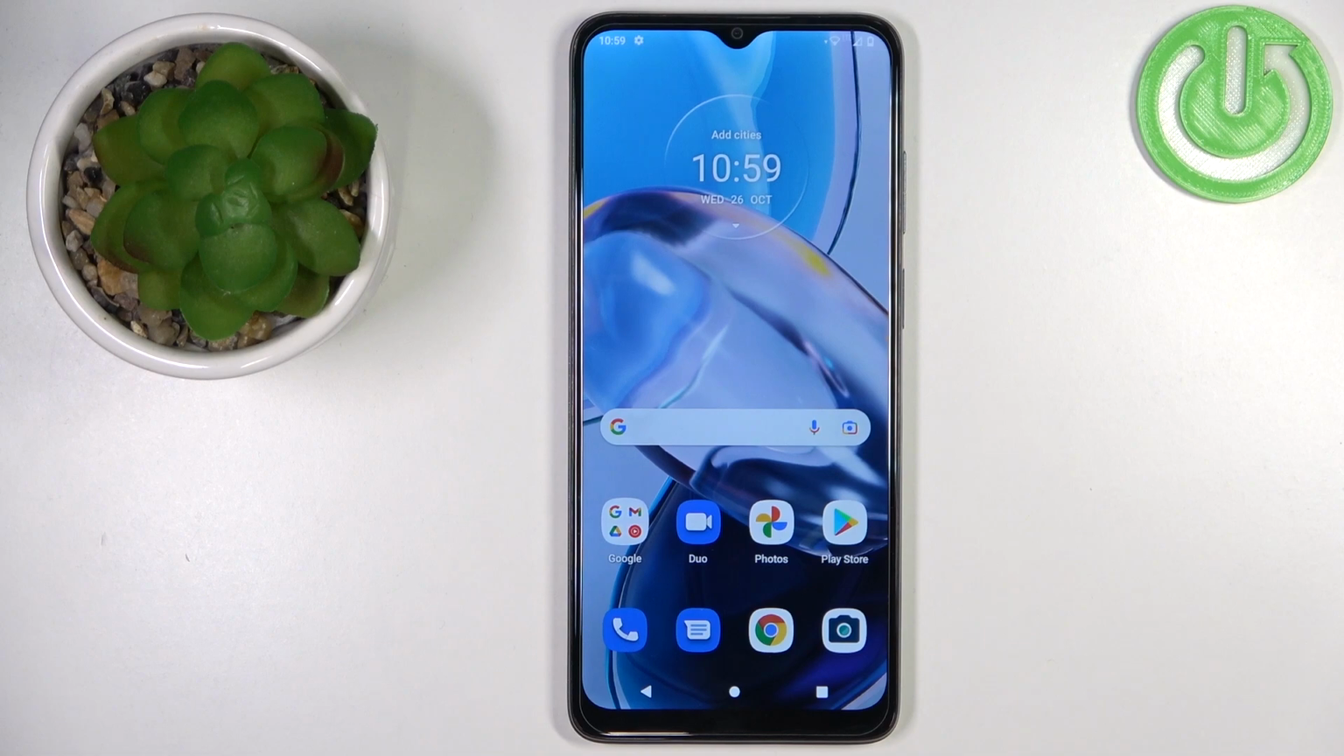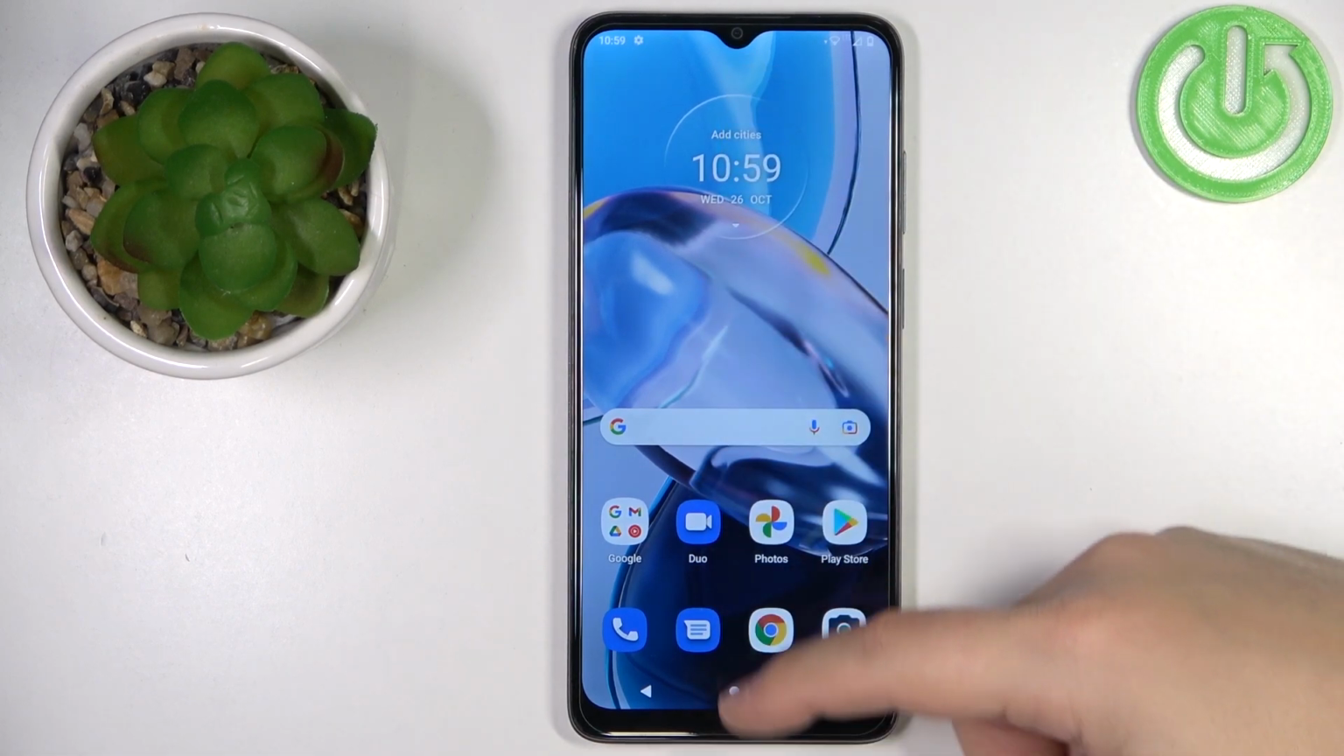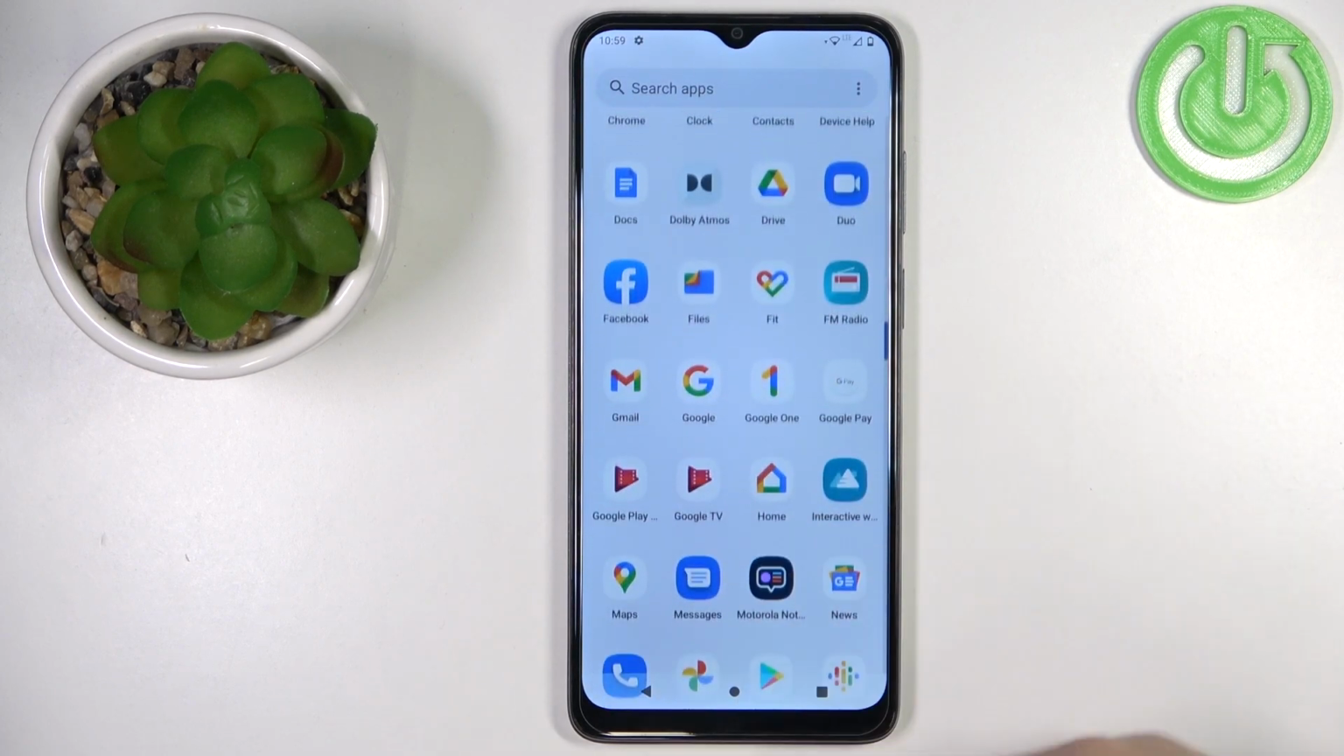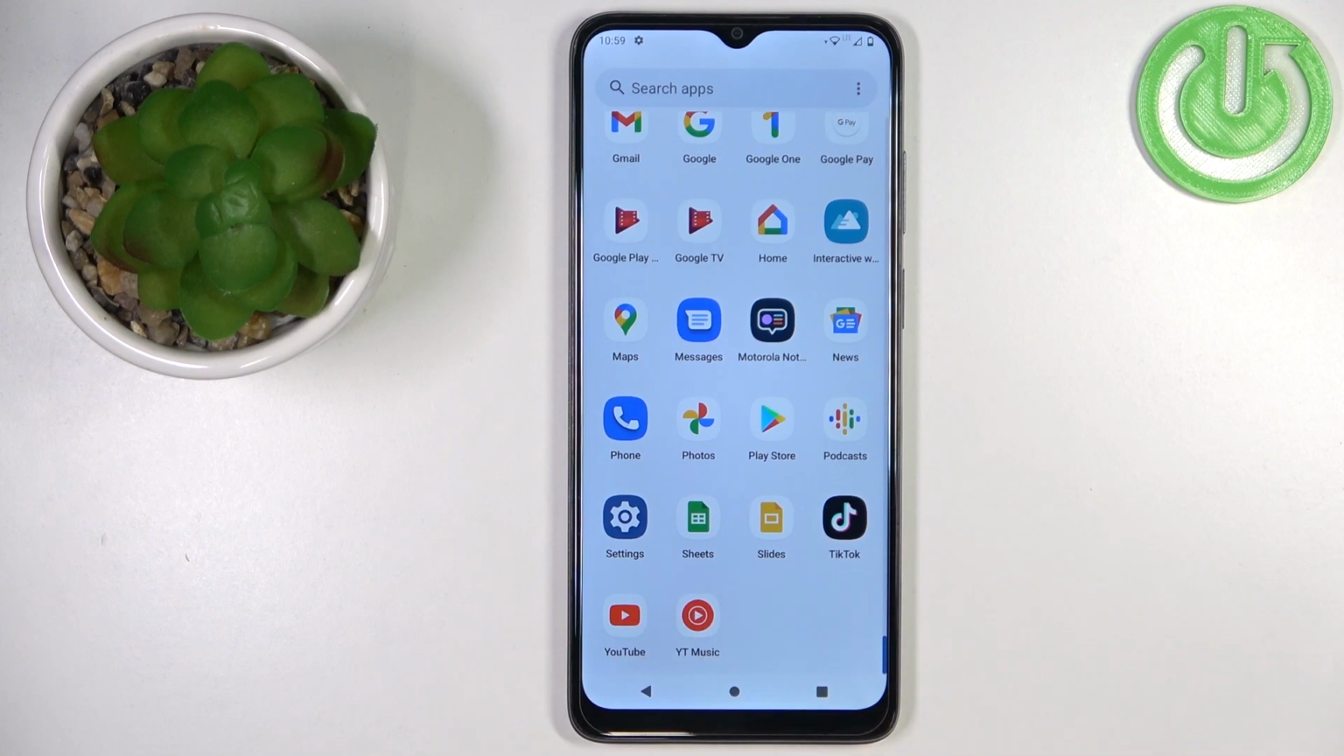First we need to open the settings on our phone. You can do it by swiping up on the screen to open the app menu. After you open the app menu, scroll down, tap on the settings icon,